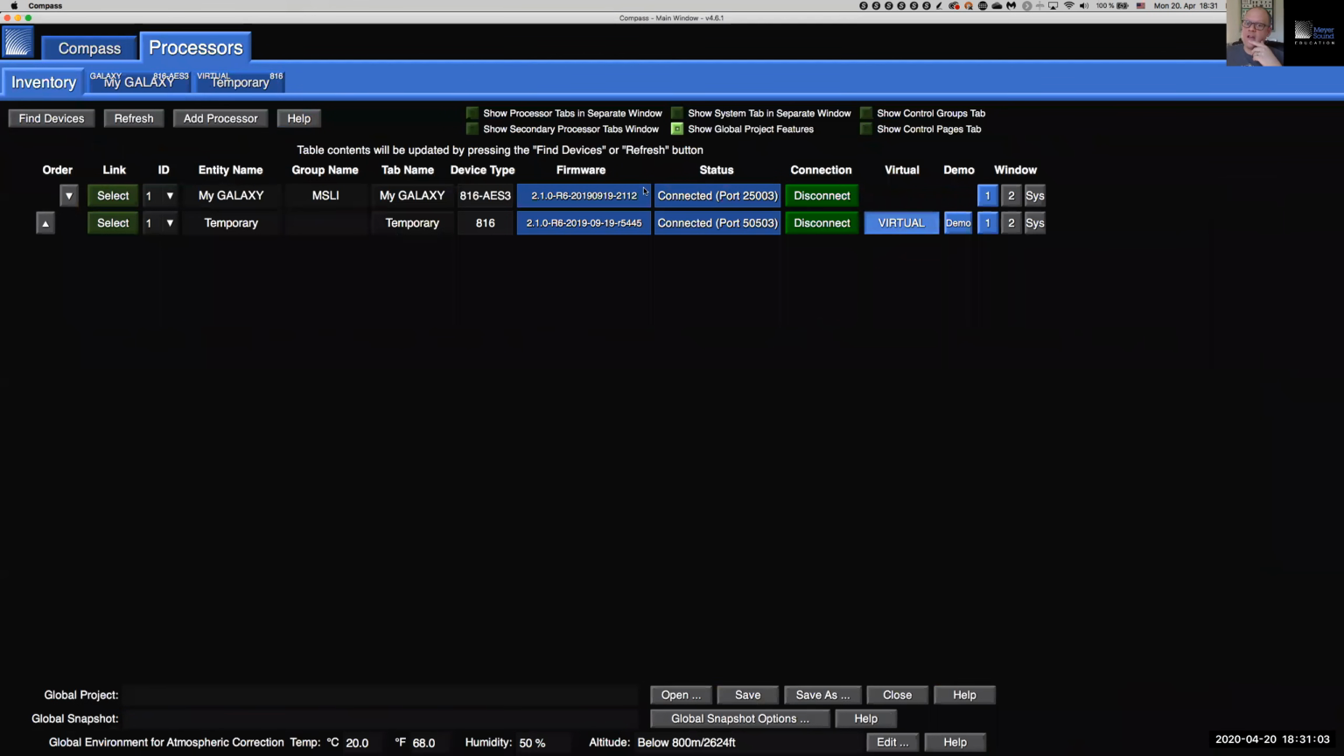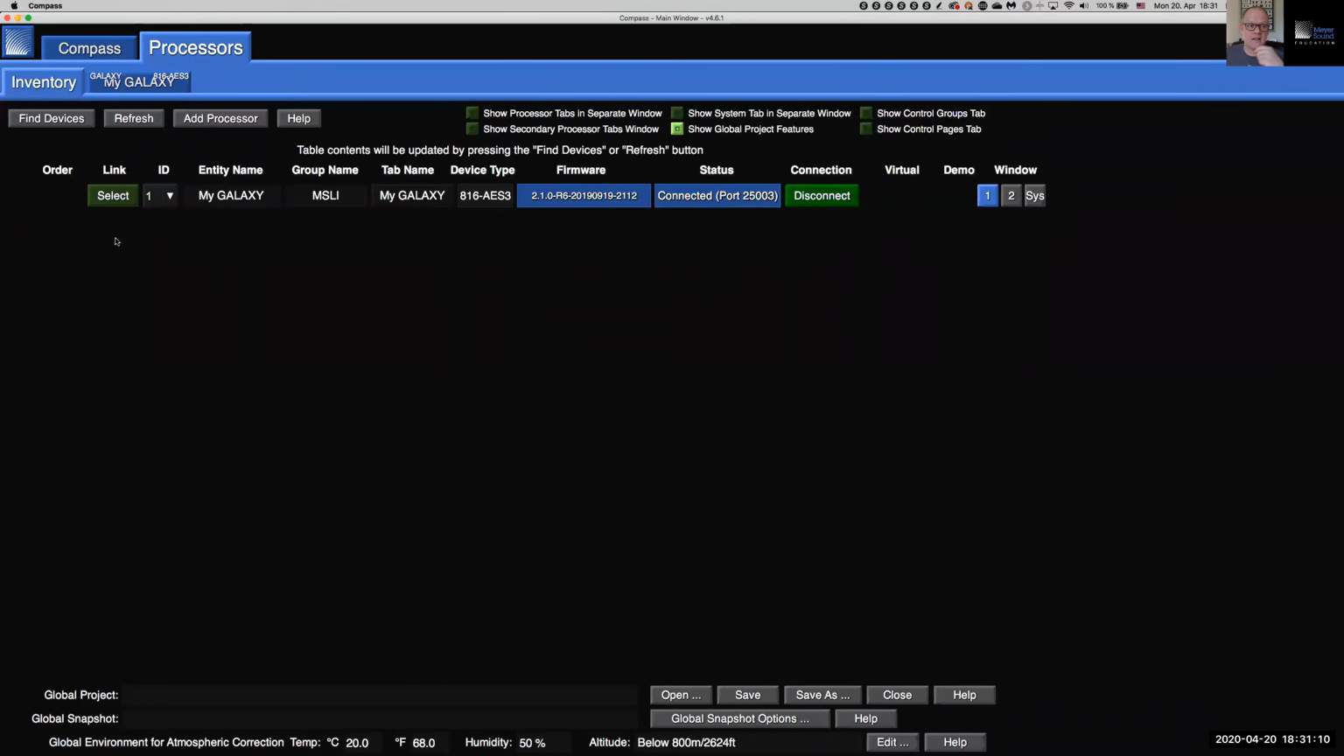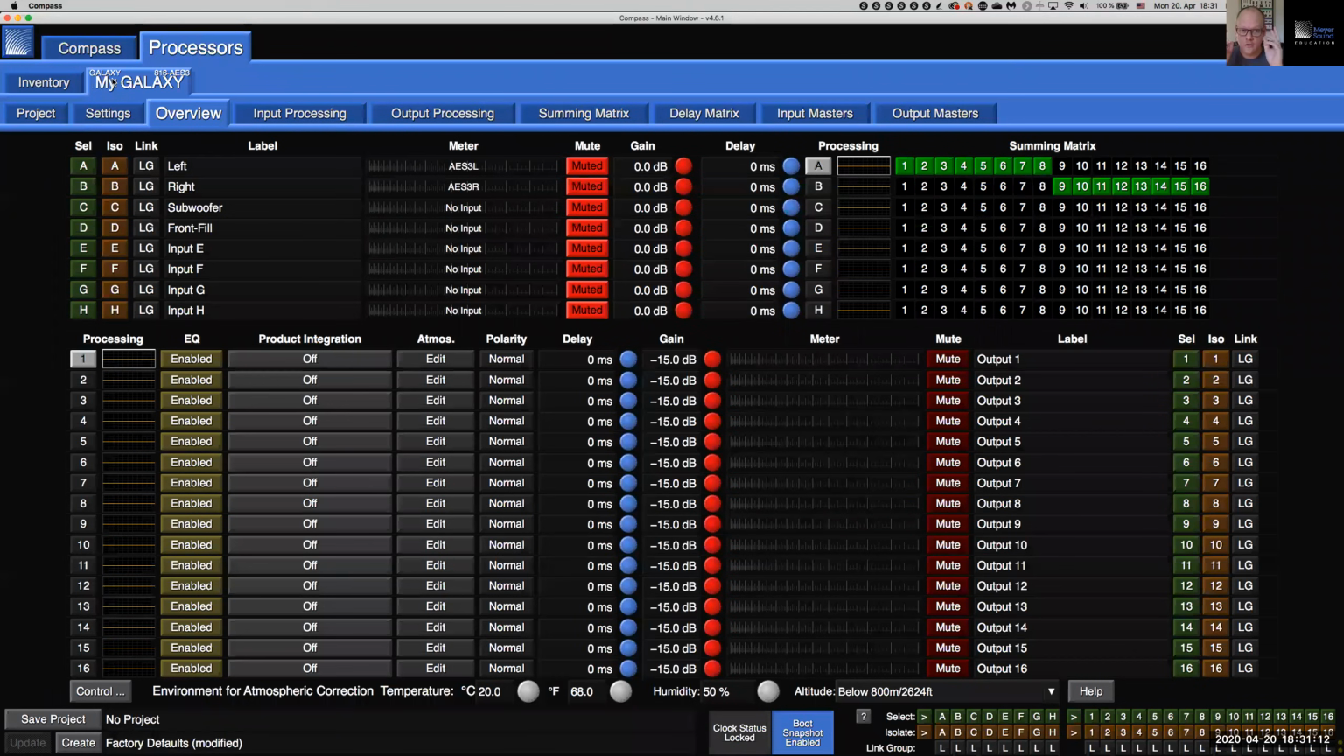I no longer have an application for it, which means that I'm going to disconnect the virtual Galaxy. By clicking the cross on the left side, I can delete it. Let's go back to the physical Galaxy. Okay, we were still looking at the entire input section, and we've labeled our inputs, and of course we've discussed